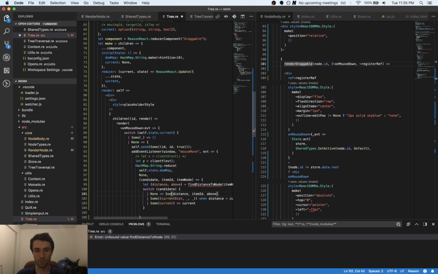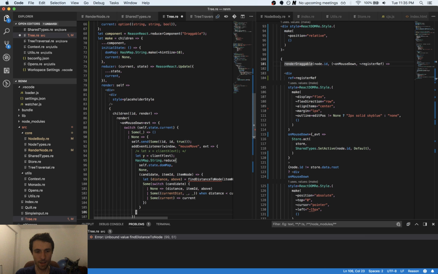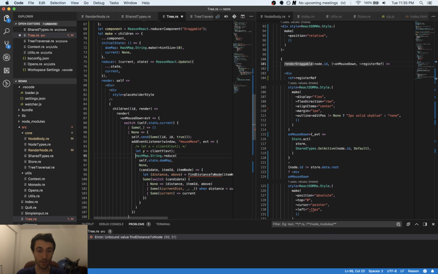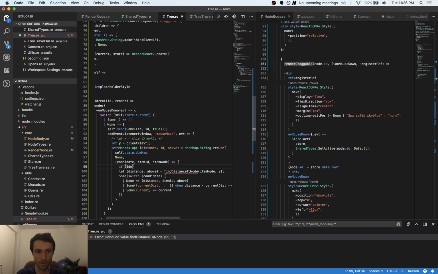And now, of course, this needs to be, so I'll wrap this in some. Okay, so this will be distance ID above. Because basically we're iterating through all of the nodes that we know about, and actually we need, so if